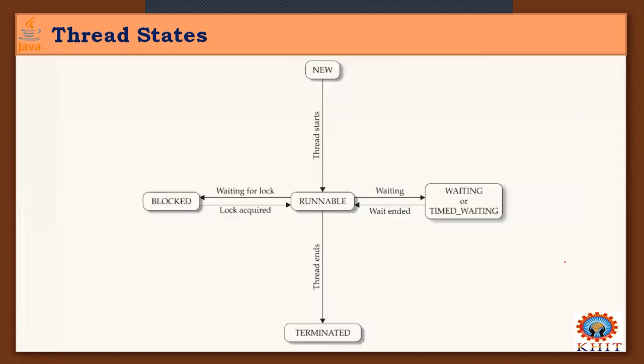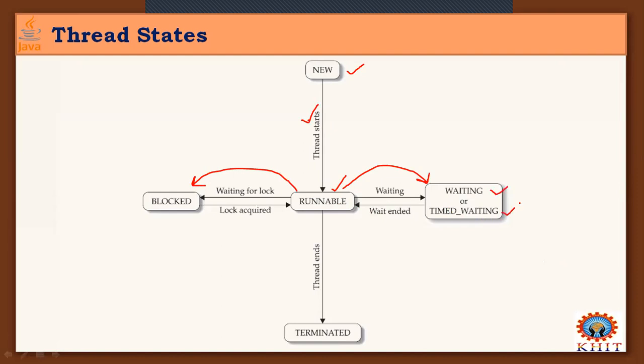And this is a brief introduction to these thread states. When a thread is created, that is the state called new state. And when the start method is invoked on the thread, it goes to the runnable state. During this runnable state, it may change the state to waiting or timed waiting, or maybe some other state like blocked, right?